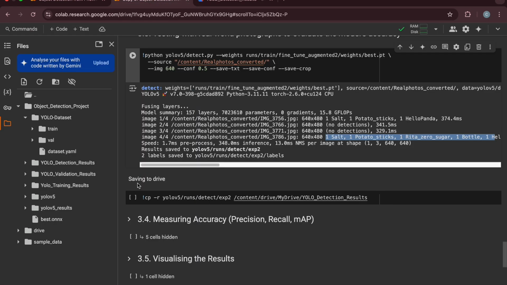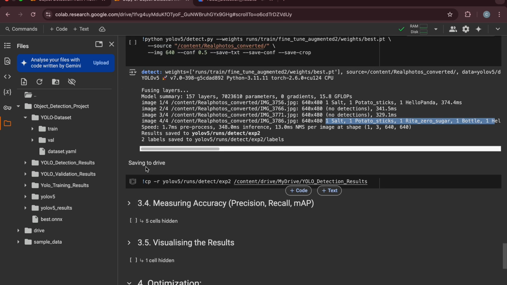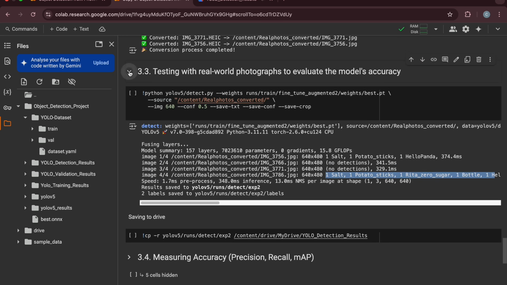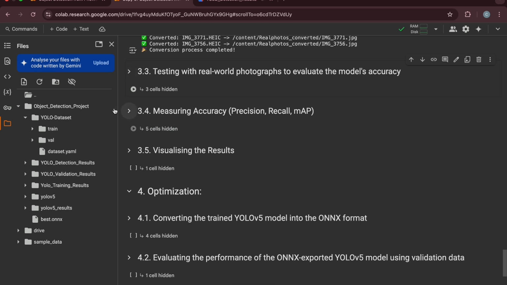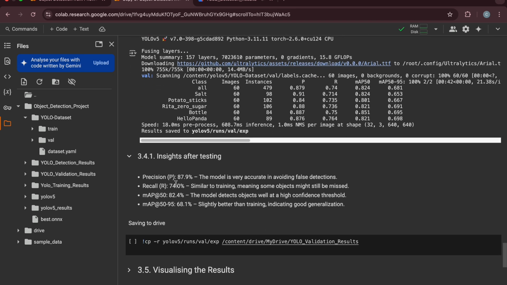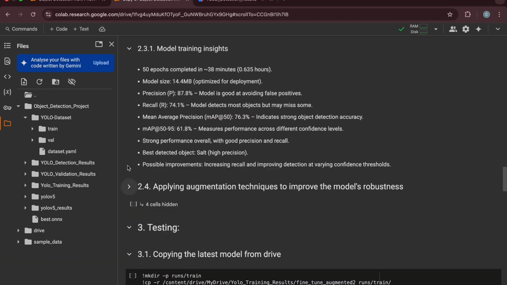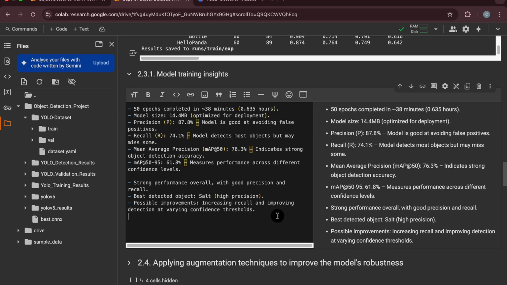Okay. So after the testing, make sure to save everything to Drive. It's a very important step. So then we want to measure these. These are the metrics that we use to understand the accuracy of our model, right? So here are the results. And we can just copy this to the results we had earlier here so that we can